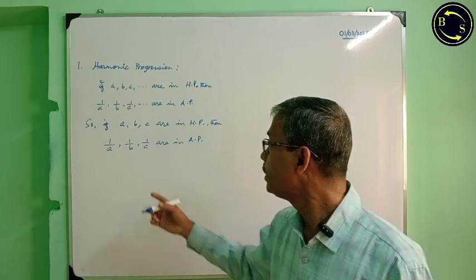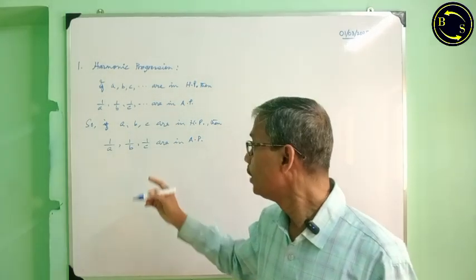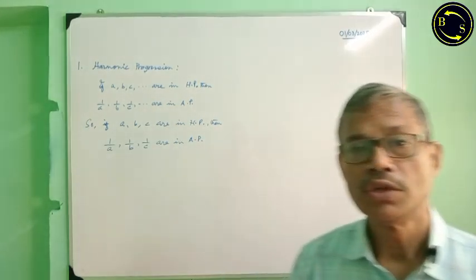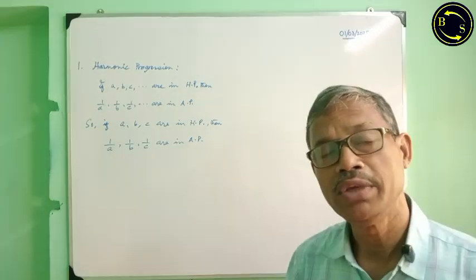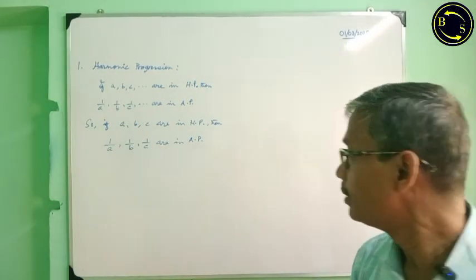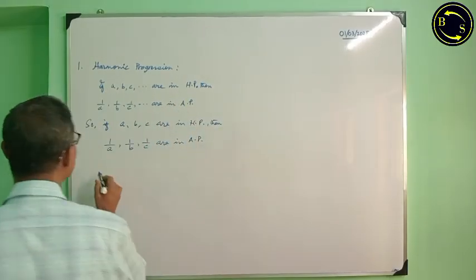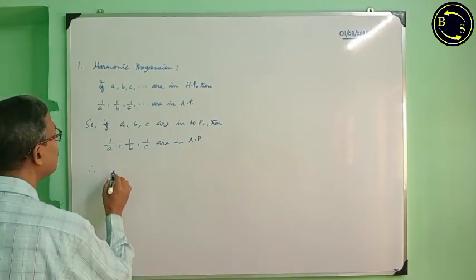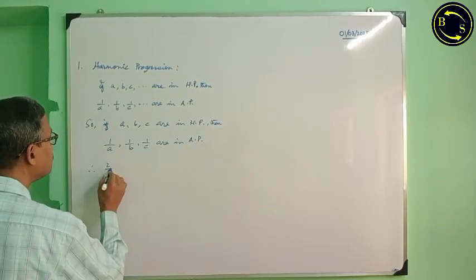We know if three numbers are in AP, then the difference of second from first will be equal to the difference of third from second. Therefore, we can write after simplification